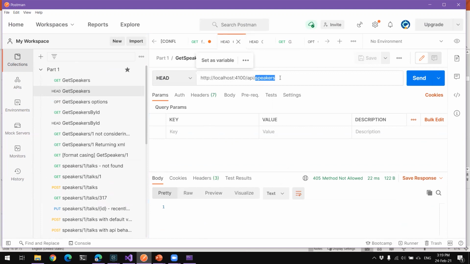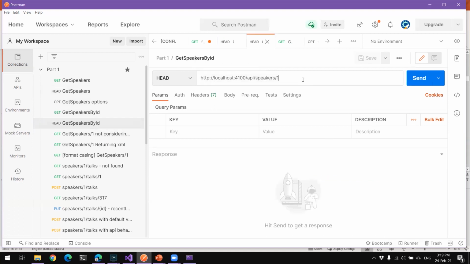let's think of this. The HEAD as a verb is supposed to return a status code, but not the body as the response. So if you look at a collection, what would be the scenario where you call the collection endpoint and you say, hey, is the collection there, or is there something there? It kind of doesn't make sense, but it might make sense if you have a proper scenario.